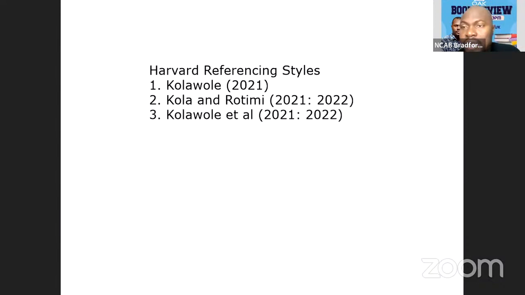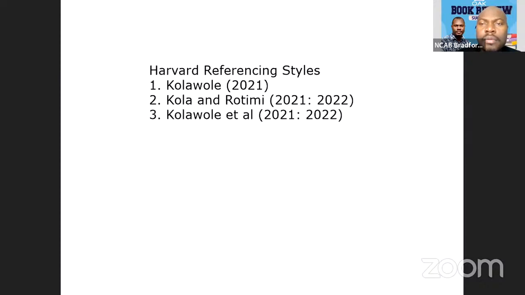Okay, so I've got some questions here. I want to ask a question on referencing. Let's say I come across your writing and you make mention of a statement in which you cited someone, maybe Kumuyi, and then I want to put that statement in my writing. Do I cite you, or do I cite Kumuyi, the one you actually cited?